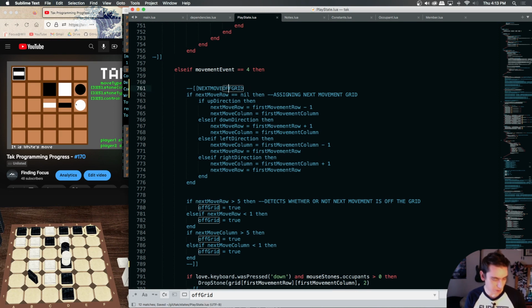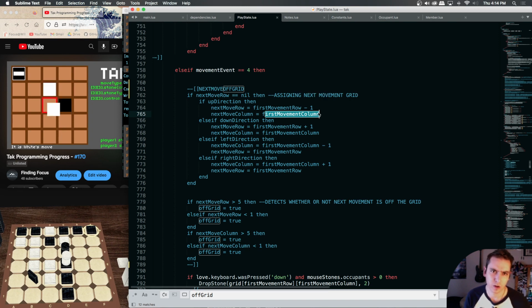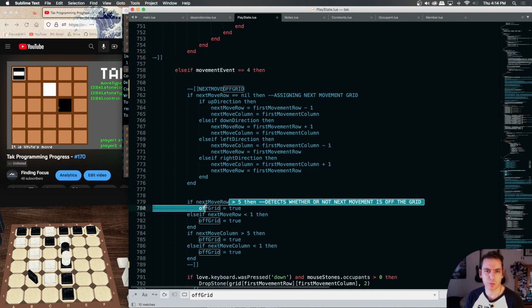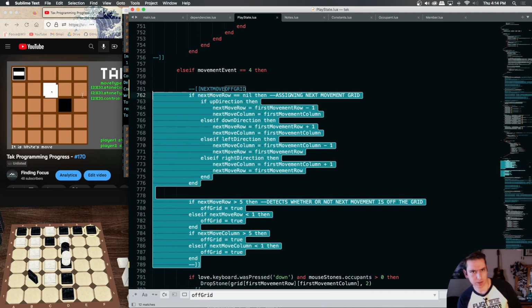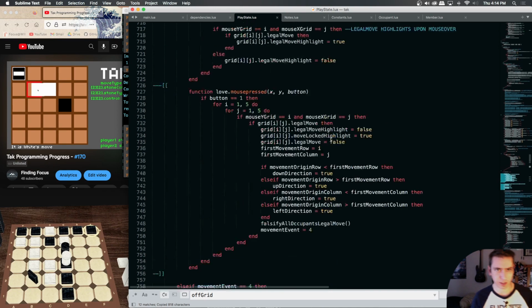And then we can do both, because it's like, we'll be passing in the first movement row, first movement column, at least upon this movement event 4, and then it should toggle this off grid based on the next move row that it gets from that locked in direction. So I think it's okay for this to be one function, but let's see what that might look like in practice